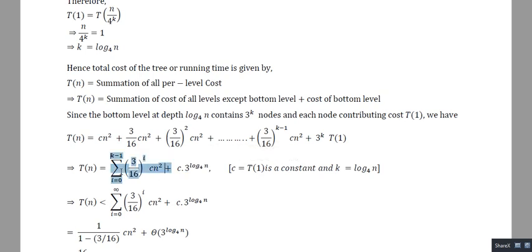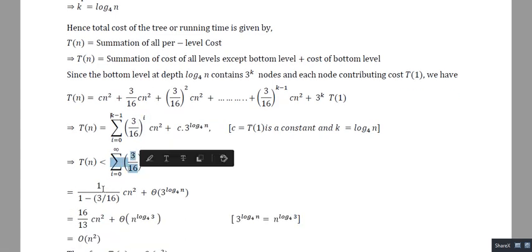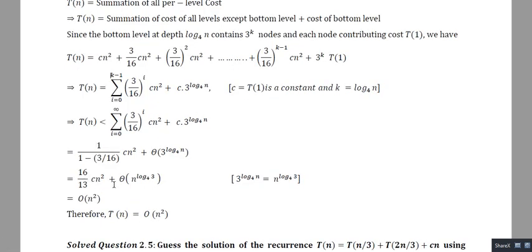Similar to my earlier example, I can also write T(n) less than or equal to the sum up to infinite terms. Applying the GP formula, the summation up to infinite terms will be Cn square by 1 minus r, where r is 3/16. So it will be 16/13 Cn square, and the value of log 3 base 4 is less than 1, right? So n has power 2 here, but there n has power less than 1. So obviously out of these two terms, the first term is asymptotically higher than the second. So this will be order of n square. So T(n) is equal to order of n square.